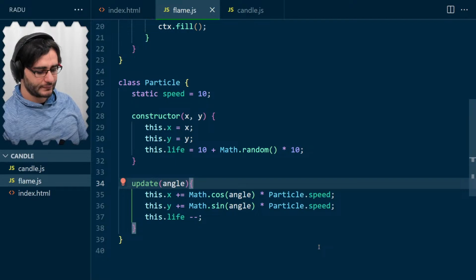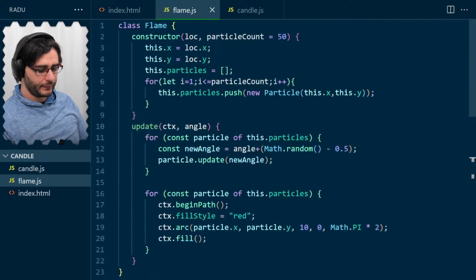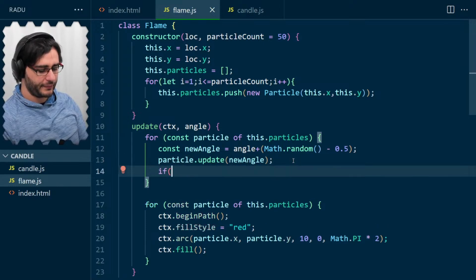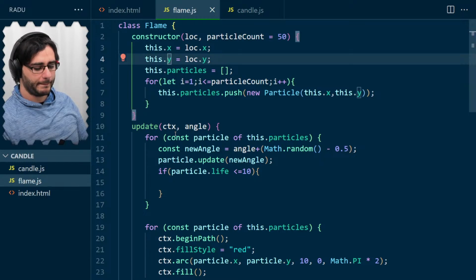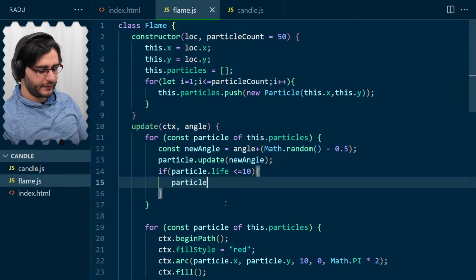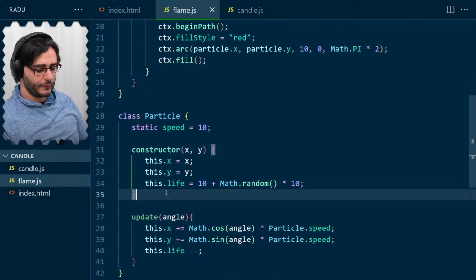And we have to regenerate the particle if its life is less than 0. So if particle life is less than 0, I don't want to remove it from the array. I just want to reset it at x and y. So particle reset could be a useful method. So reset